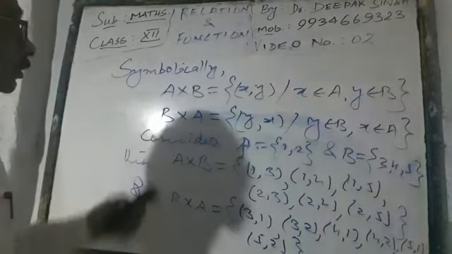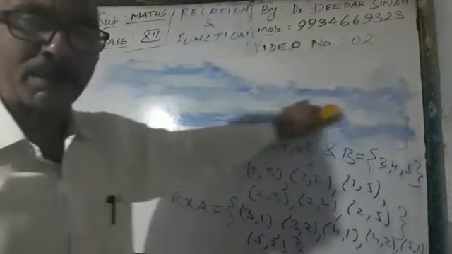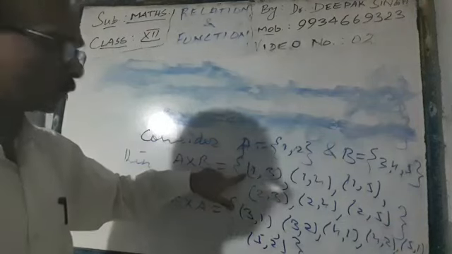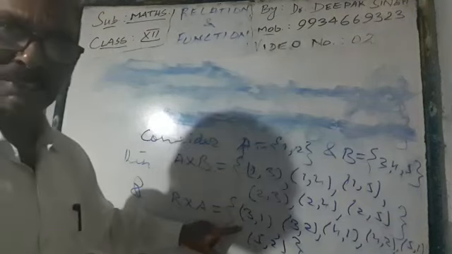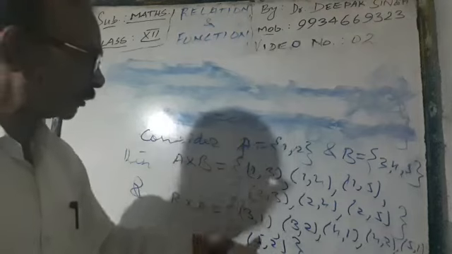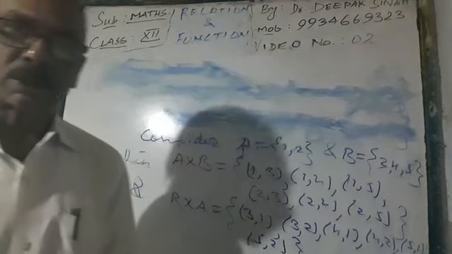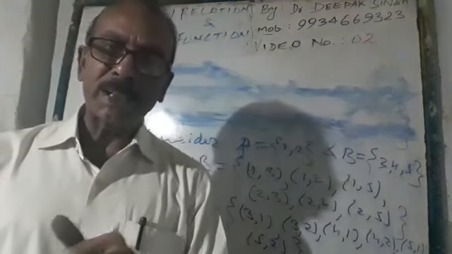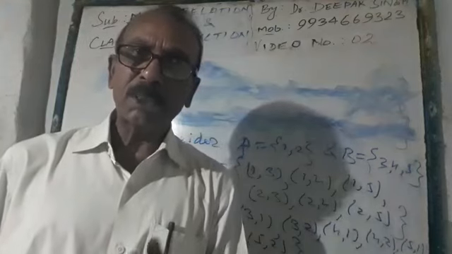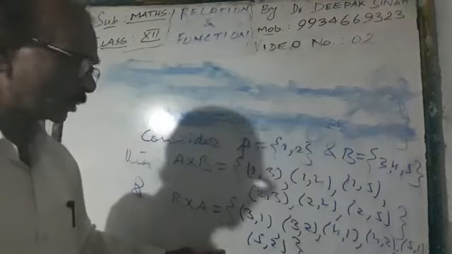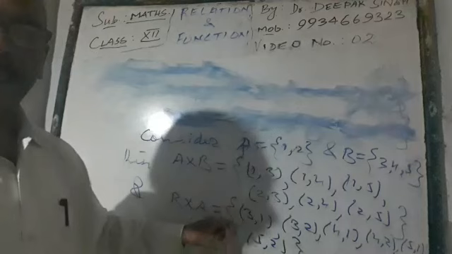Now one thing is very important to watch: whether A cross B is equal to B cross A or not. If you have some idea of ordered pairs, you will say, no sir, they are not equal, because A cross B contains (1,3), whereas B cross A contains (3,1). Unless every element of these two sets is the same, we can't say they are equal, because the definition of equality of sets is that if A is a subset of B and B is a subset of A, then A and B are equal. Here neither is A cross B a subset of B cross A, nor is B cross A a subset of A cross B. Naturally they are not equal.